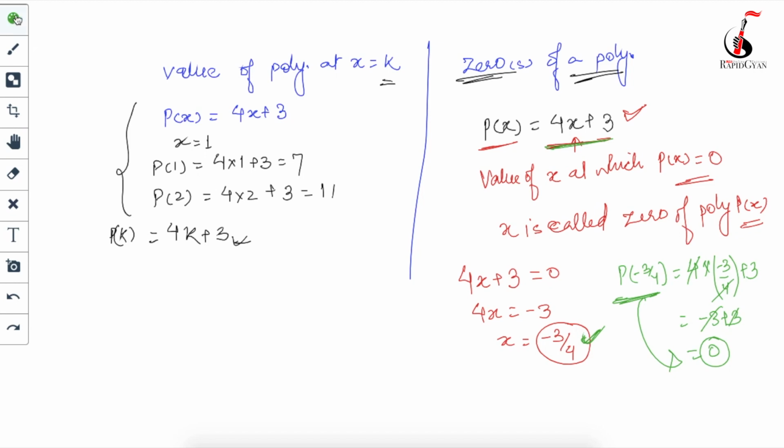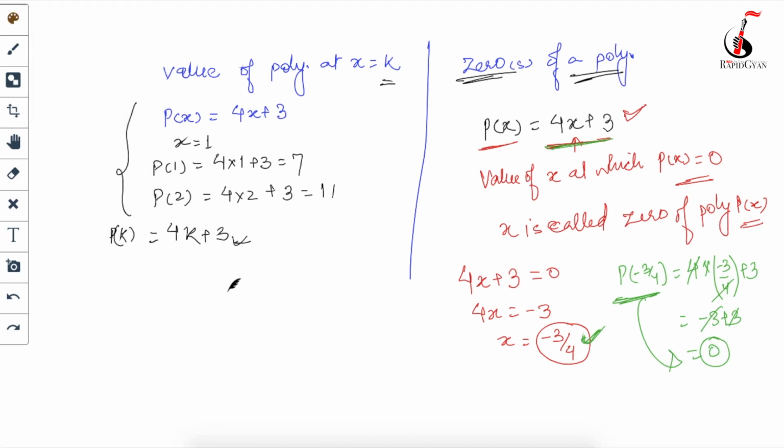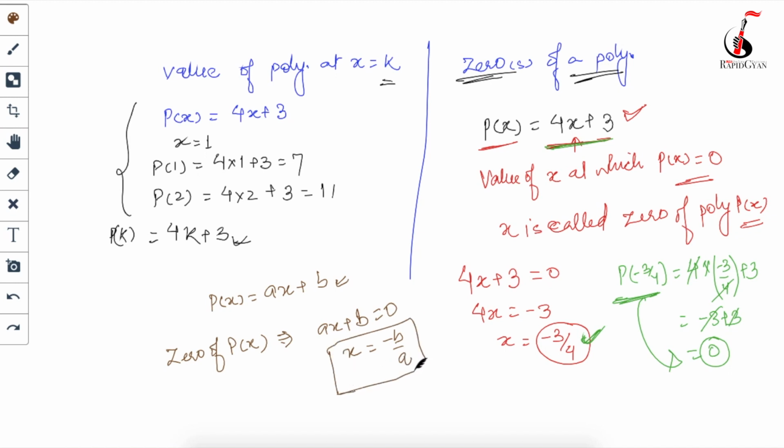So from here, have you seen any observation? There is one very important observation which you will have to write, guys. What is that observation? That observation is saying that if there is a polynomial p(x) = ax + b, and if I will have to find the zero of p(x), I am talking about only the linear polynomial. Okay guys, so how will you find the zero of p(x)? ax + b is equal to 0, so x will be equal to minus b upon a.